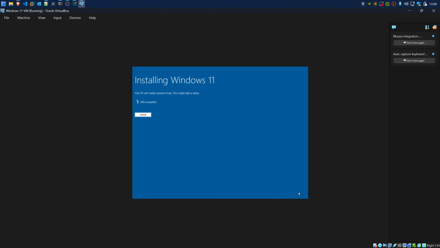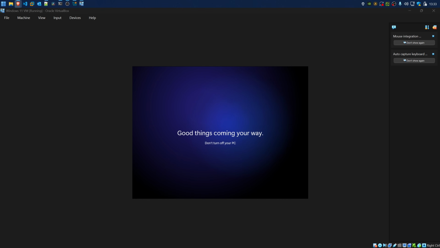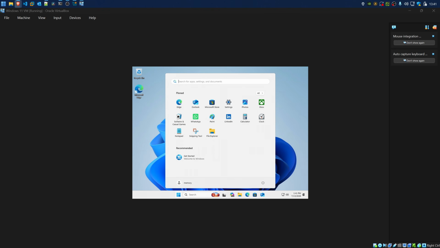Because of the unattended installation, it went straight into installing Windows. No language screens, no account screens, and no clicking. It's installing Windows 11 completely on its own. This part takes a while. On my PC it was around 15 minutes. So go grab yourself a coffee, and when it's done, it boots all the way to the desktop. Signed into the account we created, without you touching a single thing.